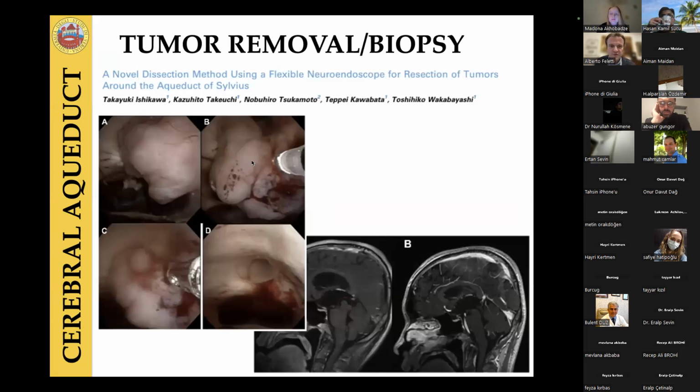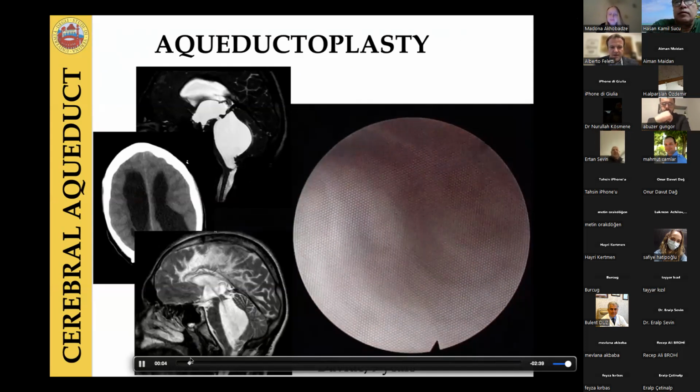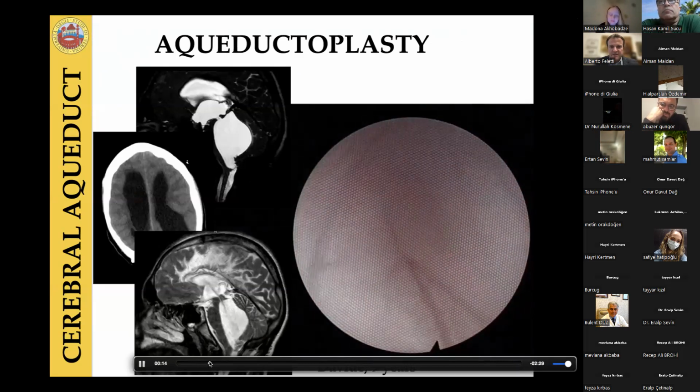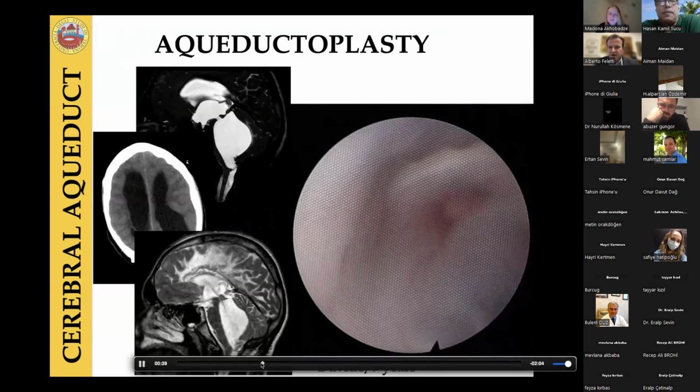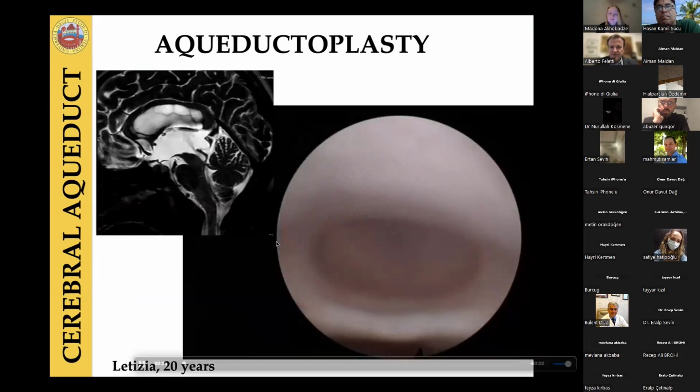Some groups showed there are also some techniques that can be used to remove these tumors, like using an instrument to try to disconnect the exophytic tumor from the walls of the ventricle. And then in the cerebral aqueduct, we can sometimes perform an aqueductoplasty. Usually I do this aqueductoplasty when there is a membrane obstructing the aqueduct, but maybe the next patient is more